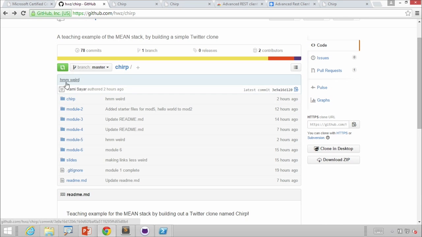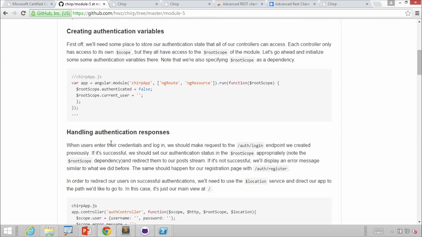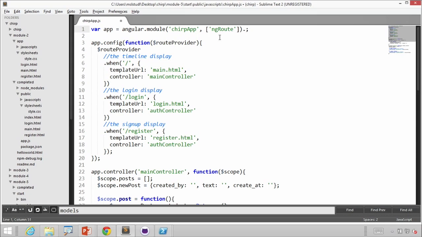Authentication. And that is going to be in module 5. Yeah, so we're continuing now. We're actually on the README, the module 5 section. Okay, so I was close. I was actually doing it right. You do run, and then you run a function, and then you say